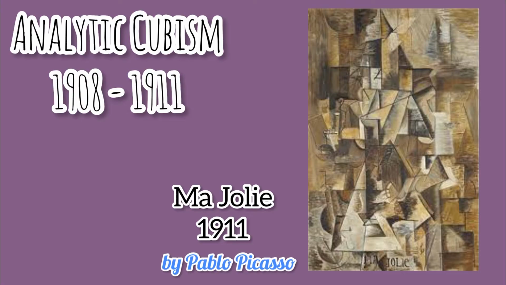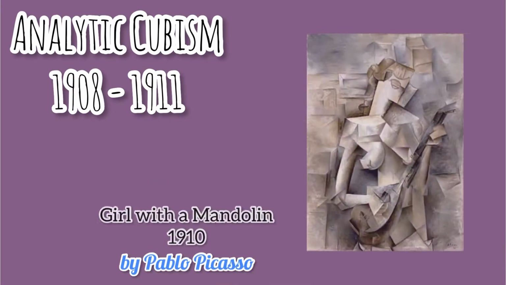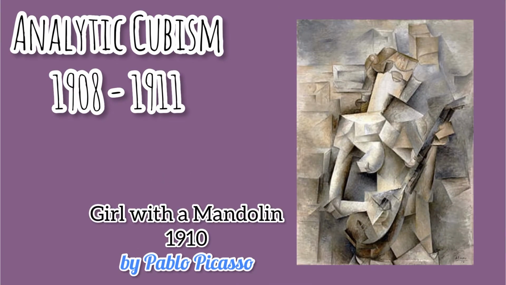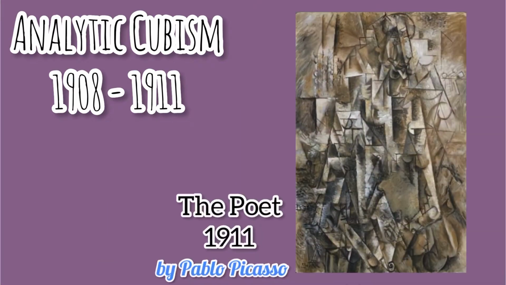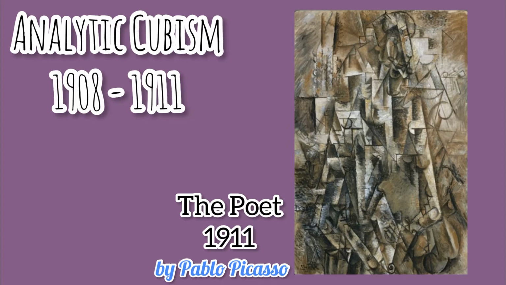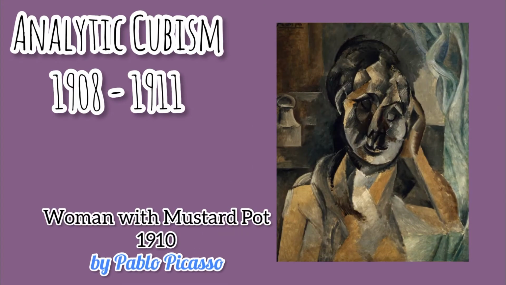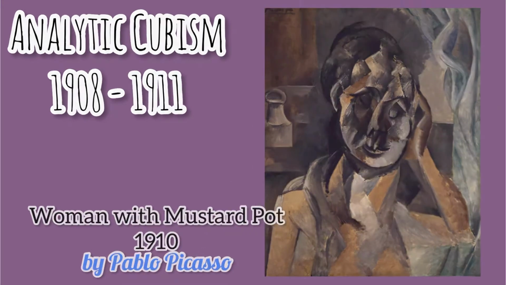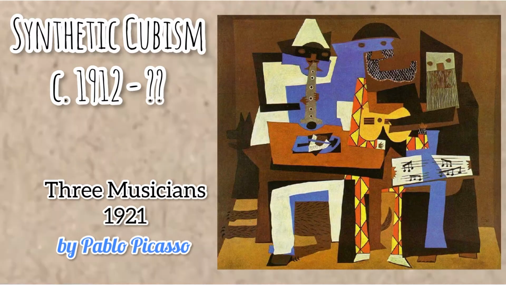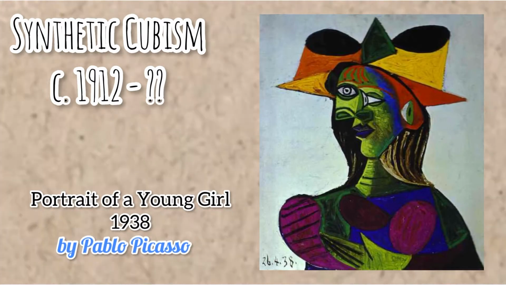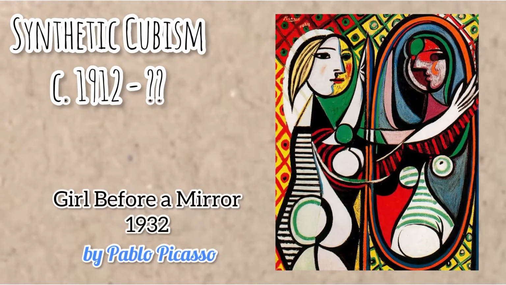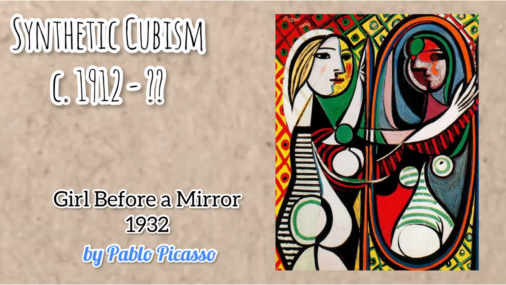Like all art movements, Cubism went through several phases. Its earliest phase is called Analytic Cubism and was prominent from 1908 to 1911. This type of Cubism breaks down and fractures an object into geometric shapes. Synthetic Cubism evolved from around 1912 onwards. This type of Cubism focuses on building a subject out of a multitude of geometric shapes.